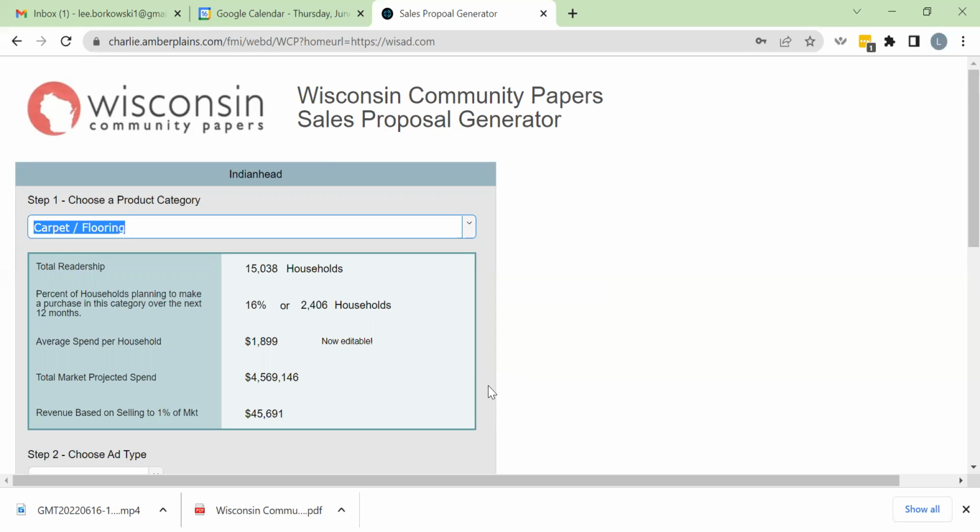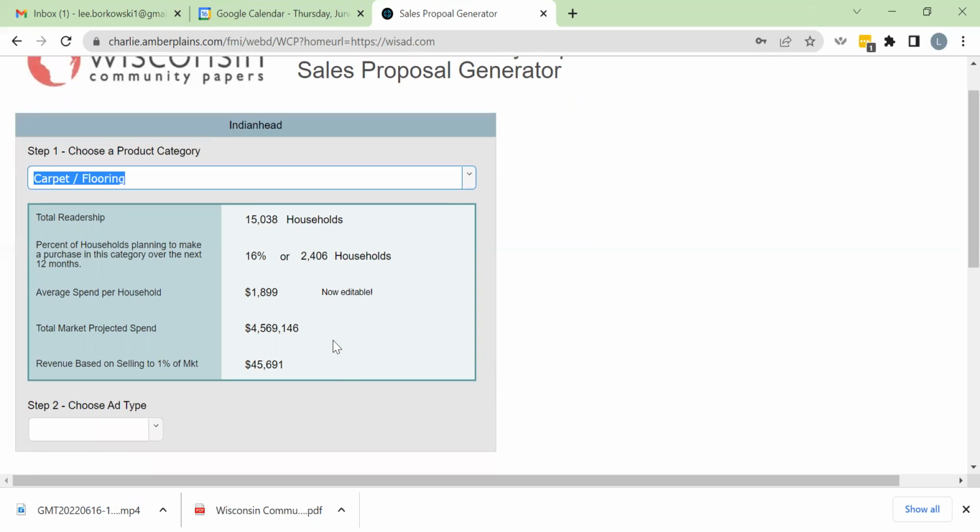When CVC did the survey, 16% of everyone who responded told us that they were going to make a purchase in the carpet and flooring category over the next 12 months, which is 2,406 households. We happen to know from Tim and from national and regional research that the average spend per household is $1,899. That makes the total market projected spend